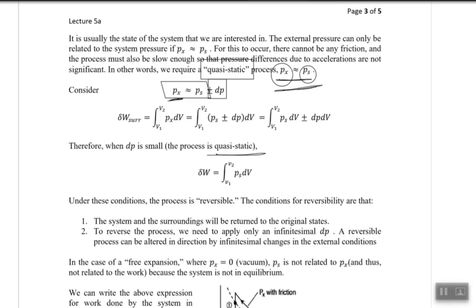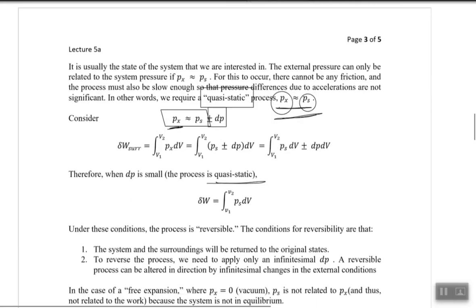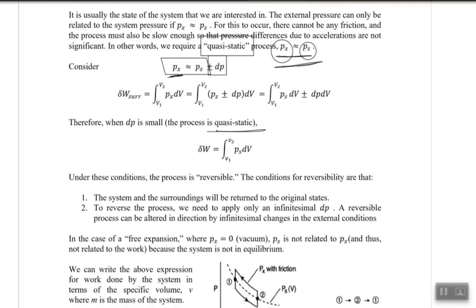So let me put that back into the above equation. If you put that in the above equation, that would come up as Px dV, and that is Px dV, something like this, and we would have Ps dV plus dP dV. As we say, this dP is sufficiently small. If I remember from the quasi-equilibrium process, this is dP, and then another small amount multiplied by another small amount, so that would be a very negligible amount, and that means this would be equal to this thing now